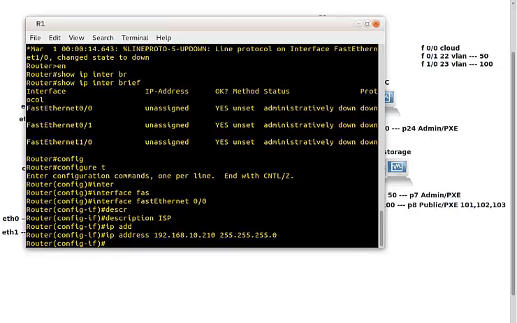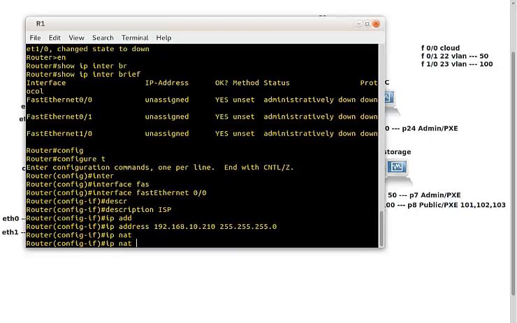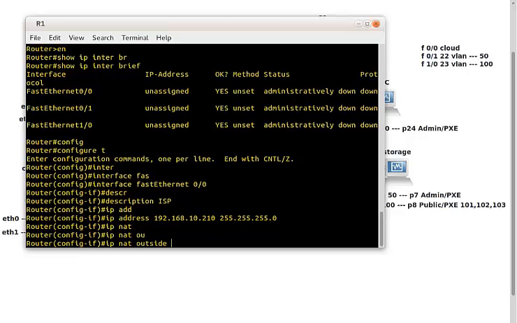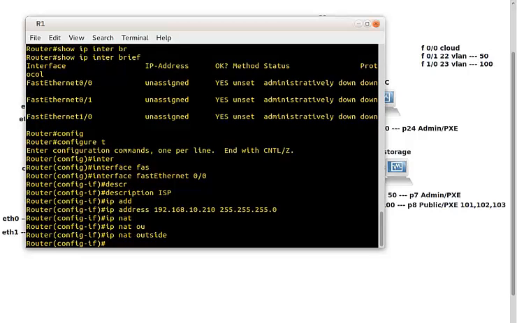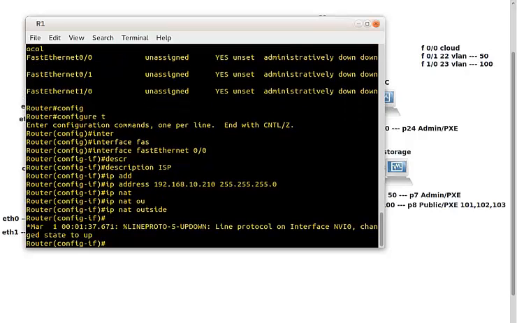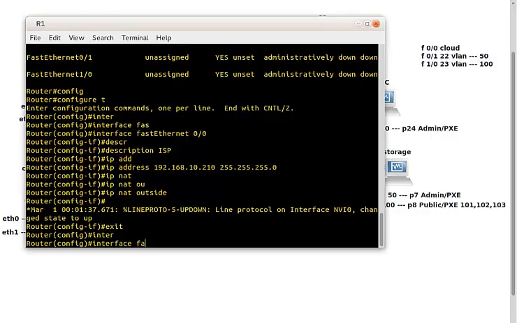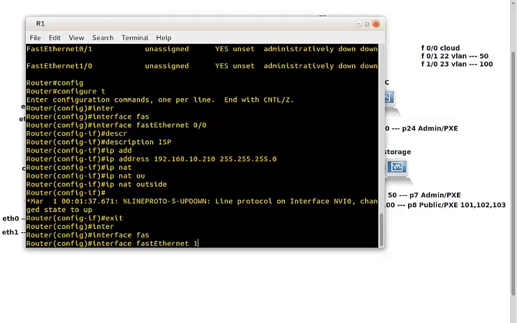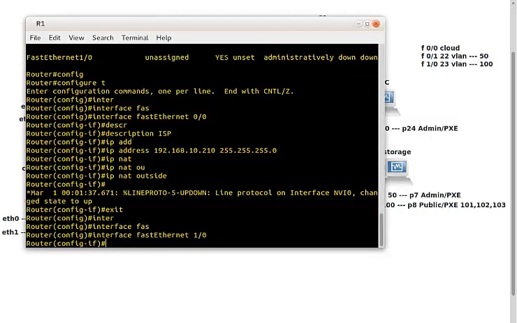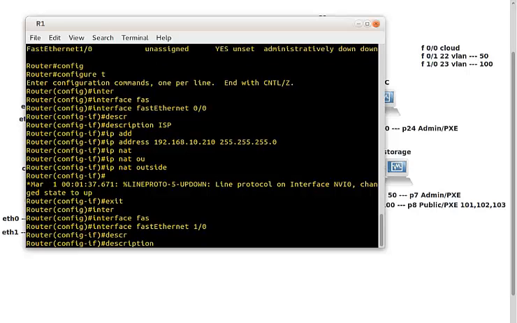I will say IP NAT outside. Okay, and then that's it. So I have defined that particular interface, so I can exit out of this one. Okay, and let's go ahead and configure the other interface as well. This is going to be interface first Ethernet 1/0. Right, and for the description on this particular interface, I'll say this is the one that is connected to